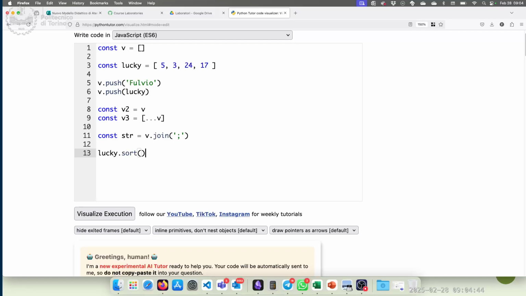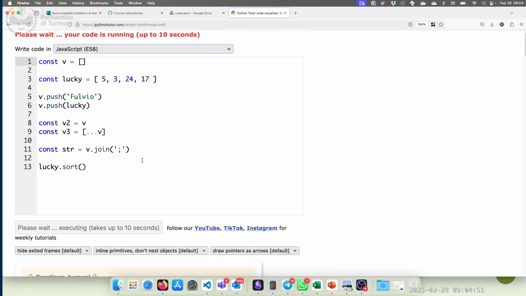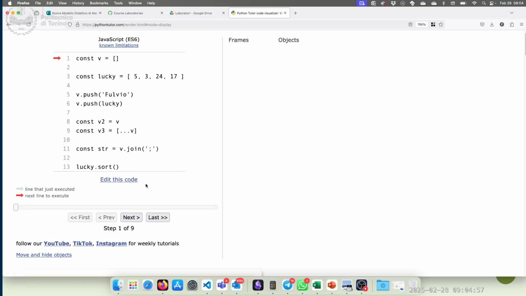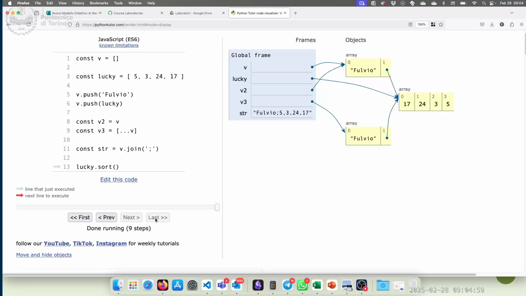So this modifies the array, so it doesn't need to return anything. This is before the sorting: 5, 3, 24, 17, what we had, and afterwards we have 17, 24, 3, 5, which is surprising because